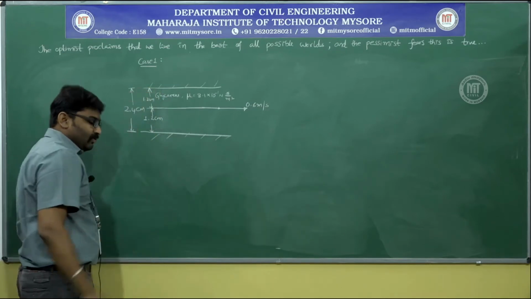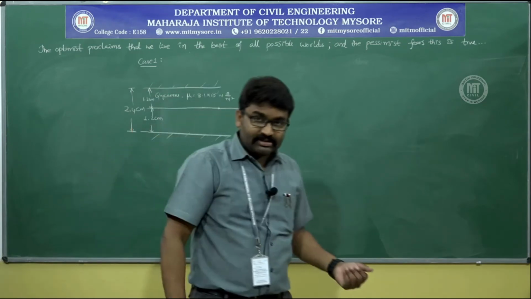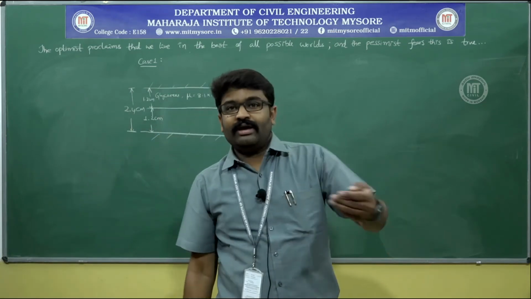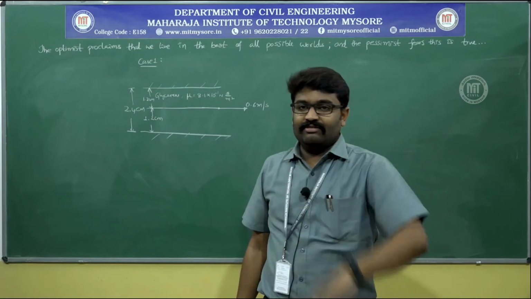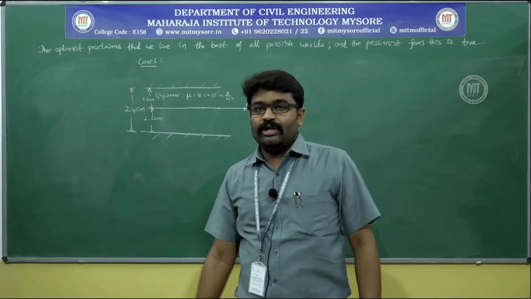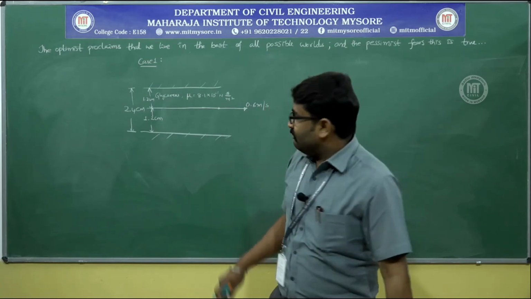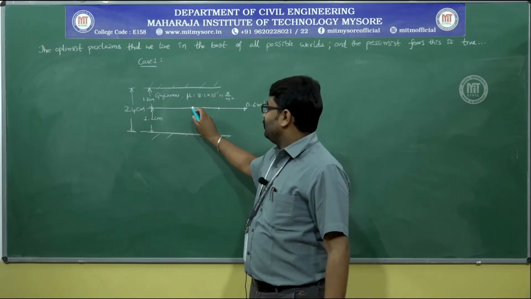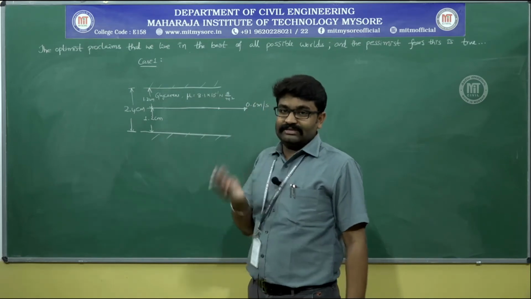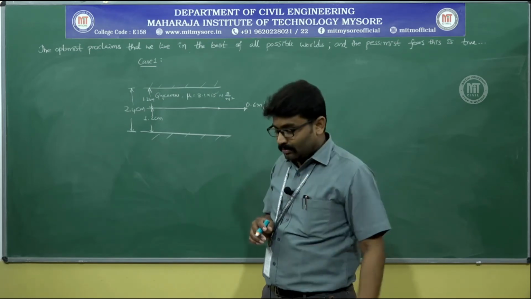What is his question? Calculate what is the force required to pull this. So it has to be from the equation tau is equal to mu into du by dy. Tau is nothing but F by A. In that you have F, area is given. That must be equal to mu into du by dy. Du is known because the speed is constant. Dy is nothing but the distance or the thickness of the oil film above the surface that is exposed. Now in that the two cases come into picture.